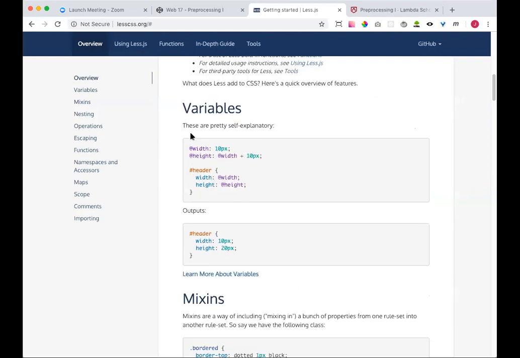So variables. I do not appreciate documentation that says they are pretty self-explanatory. I mean, come on. I know that, but you should at least give me some insight, documentation. So I was a little bothered when I saw that, but whatever. In this case, you'll notice that there's an @ symbol. So what? That's crazy, an at symbol in CSS? Well, remember, we're not in CSS anymore. We're in Less. So if we were to take this exact code over here,